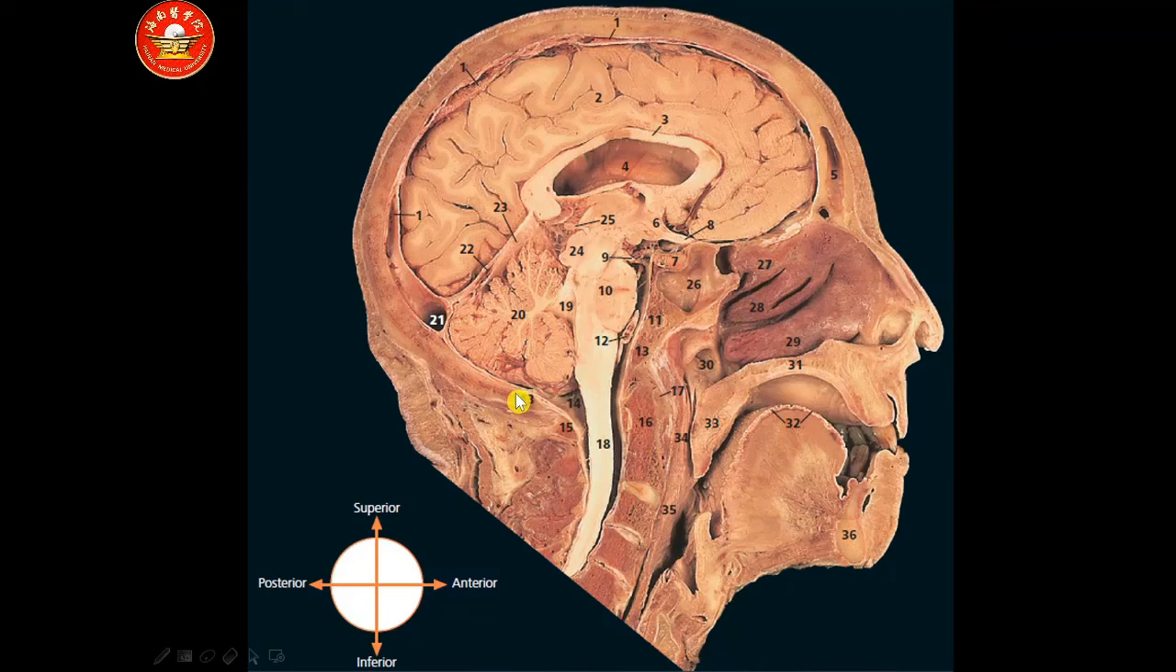margin of the foramen magnum, number 14 the cerebellomedullary cistern, also known as the cisterna magna, number 15 posterior arch of atlas, the first cervical vertebra, number 16 here dens of the axis, second cervical vertebra, number 17 anterior arch of the atlas, the first cervical vertebra, number 18 spinal cord,